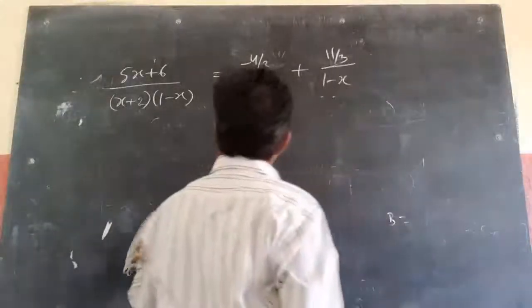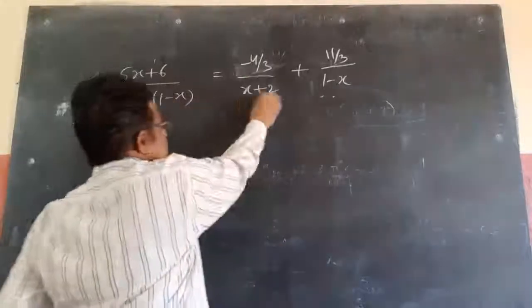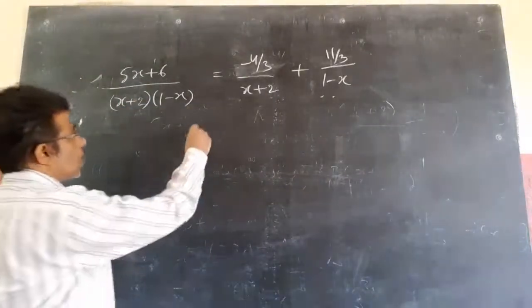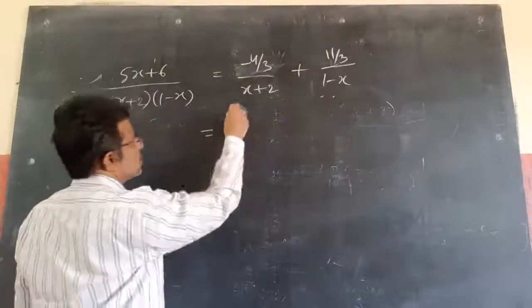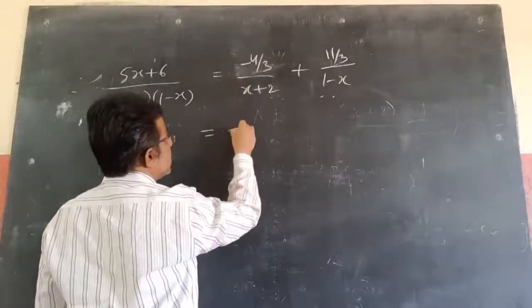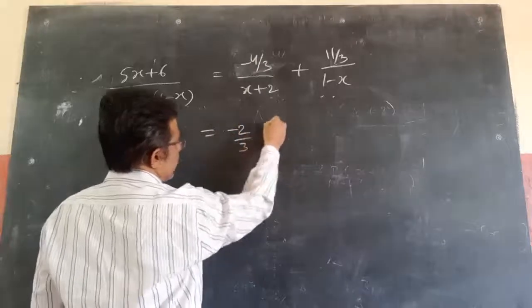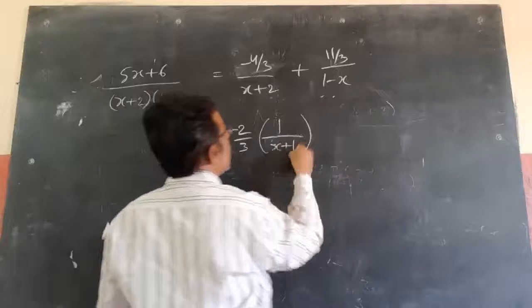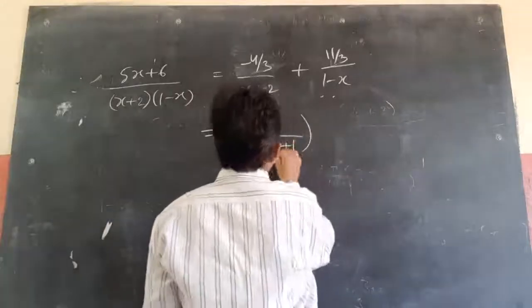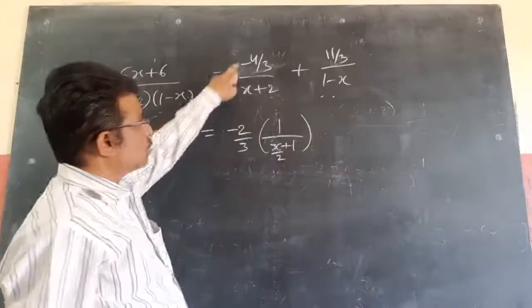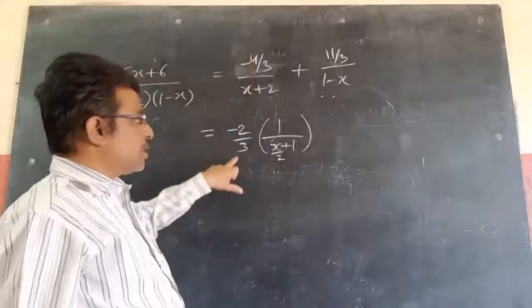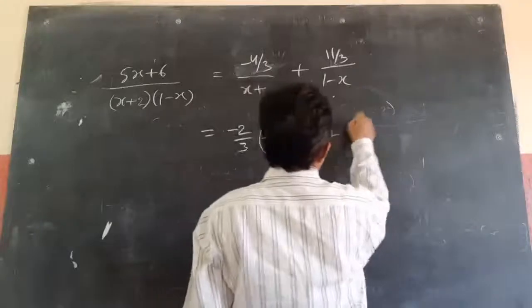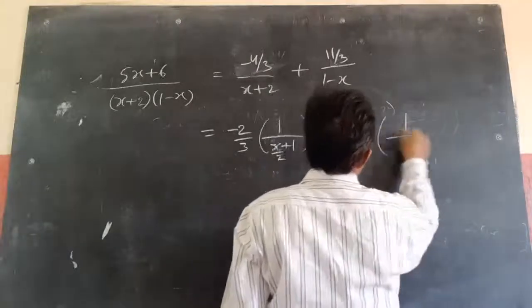by simplifying, I can take 2 common from these two because I need 1 plus x, 1 minus x. So if I take 2 common from this, 2 into 2 is 4, I can cancel. So minus 2 by 3 into 1 by x plus 1 plus, sorry, 2 I am taking common from these two. So that 2 I am cancelling with 4, 2 into 2 minus 2 by 3. So this is x by 2 plus 2 by 2, 1, plus 11 by 3 into 1 by 1 minus